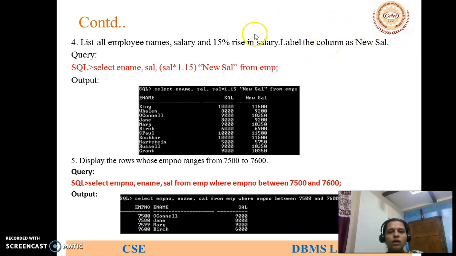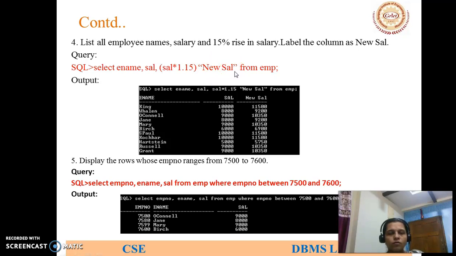So for whose salary is increased by 15% you have to show it, and also specify the column name as new salary. For that we write select ename comma salary comma salary into that percentage. Then you are giving the new name for it. Always the alias name should be written in double quotes.